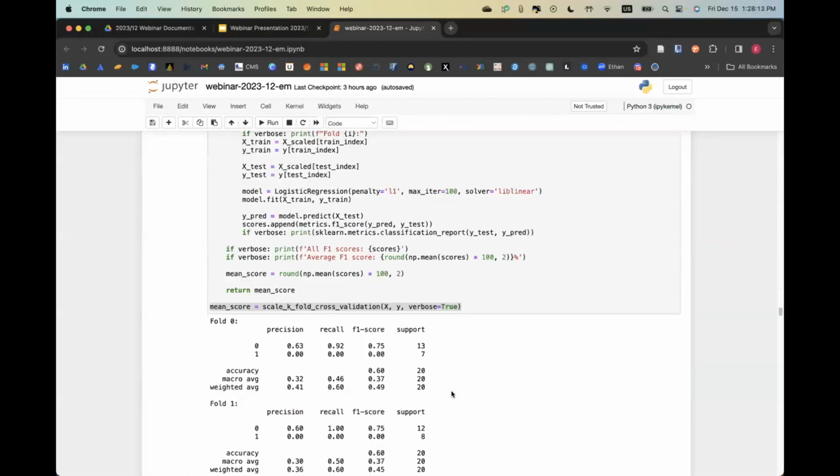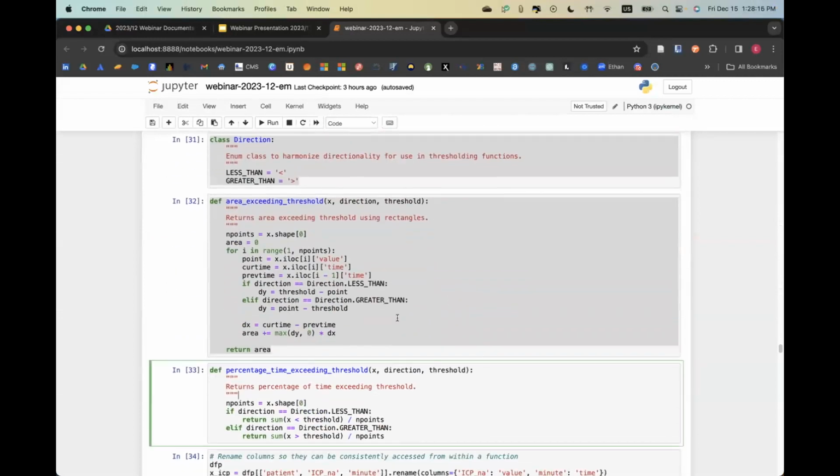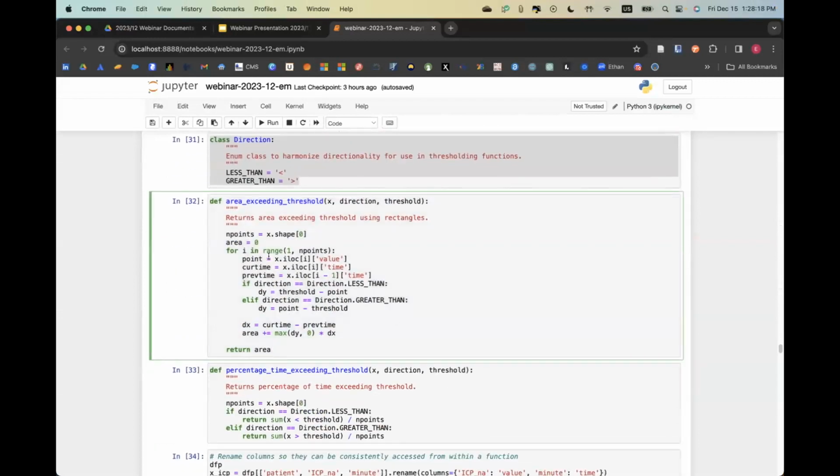Yeah, so let me go back down to where I was. The way I'm doing this, I'm effectively iterating over all data points in that data frame, and I'm finding the current time and previous time, using that to calculate what I call dx, which is just the amount of time that has passed from the previous time value to the current time value.